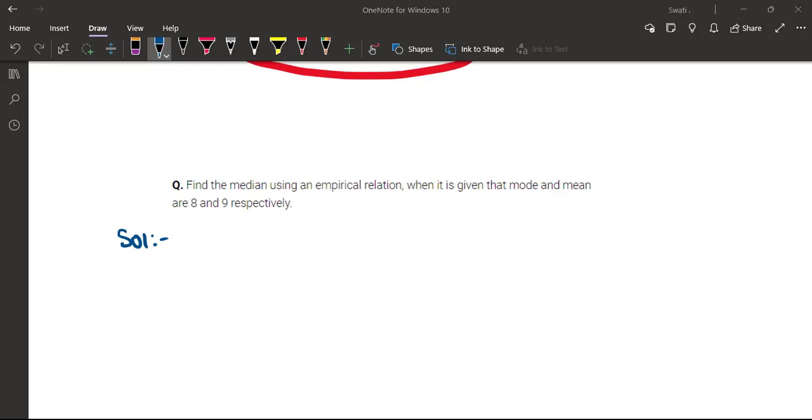तो एक एम्पेरिकल फॉर्मूला है जो आप याद कर लो, ठीक है। ये फॉर्मूला से आप अगर मीन मीडियन दिया है तो आप मोड निकाल सकते हो, मोड और मीन दिया है तो मीडियन निकाल सकते हो, और या फिर यू कैन से मोड और मीडियन दिया हुआ है तो मीन निकाल सकते हो। तो कोई भी दो दिया होगा, हम तीसरा निकाल सकते हैं यूजिंग दिस फॉर्मूला। सो यू कैन राइट डाउन कि फॉर्मूला ये है, मोड इज इक्वल टू 3 टाइम्स मीडियन माइनस 2 टाइम्स मीन। राइट डाउन फॉर्मूला राइट